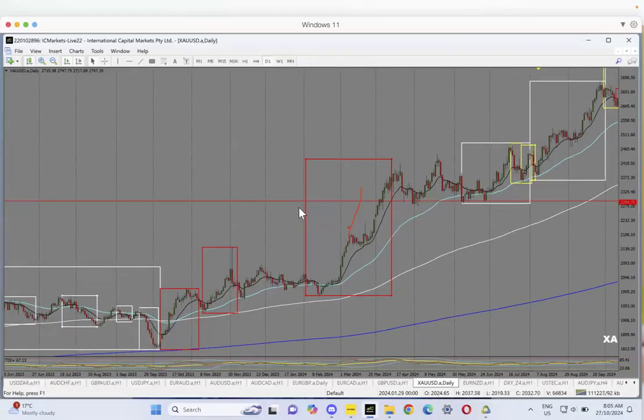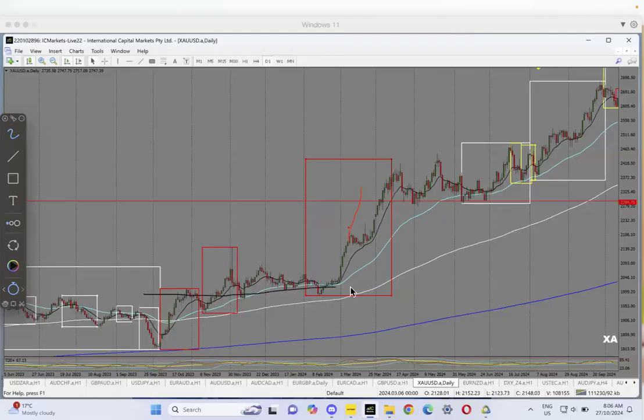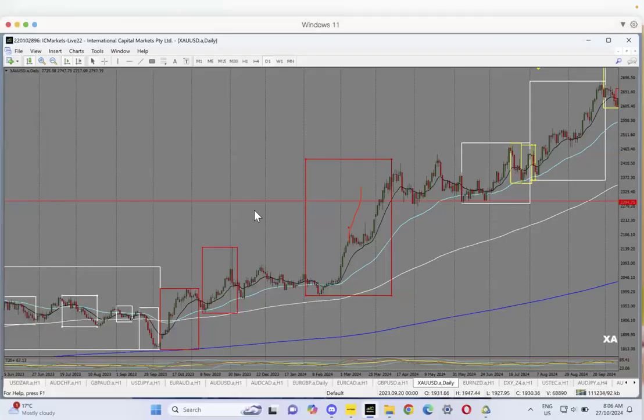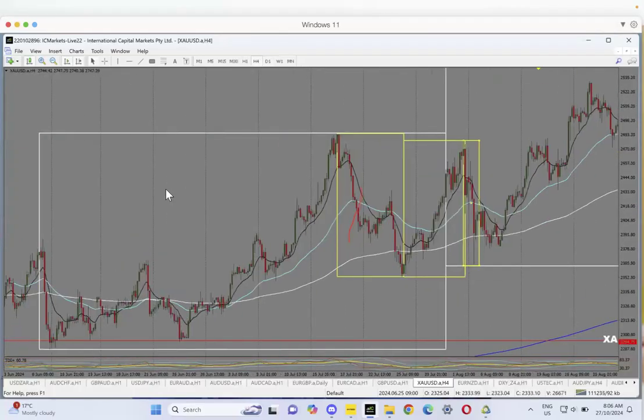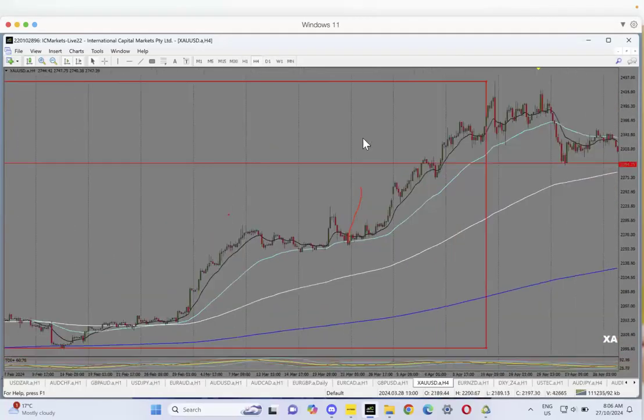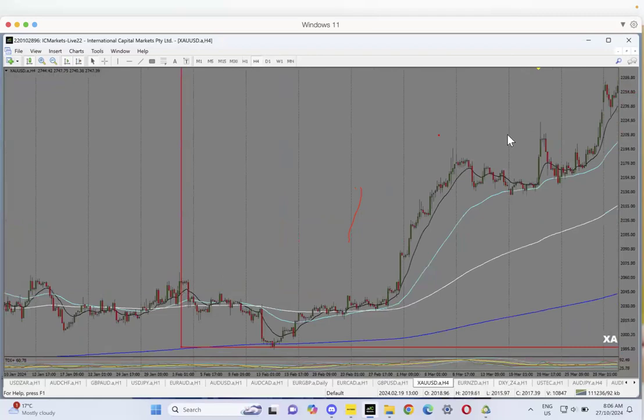Now, I was marking this on the D1, so I was only looking for pushes to the upside. Meaning in this case, all I was looking for was highs. That's all I was after, highs. That's why I was marking on D1. But from what you were saying, you are actually not wrong as well, because you marked from H4, not D1. I only marked from D1 and not H4.